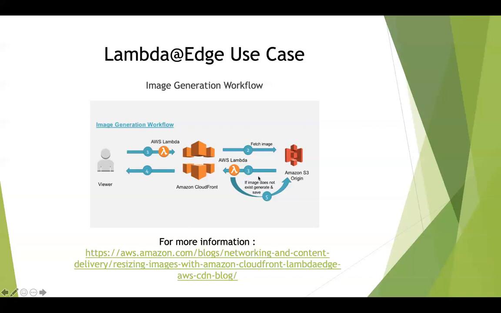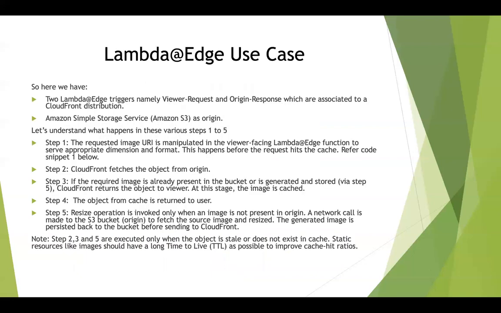So at two different intervals, you can see that we can run lambda functions for this particular use case. Similarly, even at these two intervals, you can run. At this interval, if you run a lambda function, it's going to run irrespective of whether the object is present in the cache or whether it has been returned from the origin. So this is the concept of lambda at edge. We have come to the end of the slideshow.